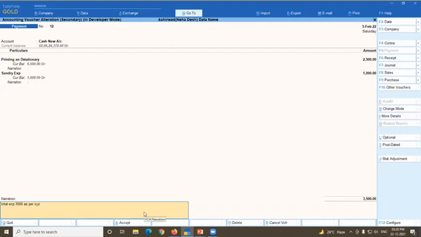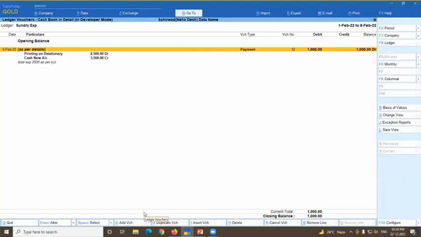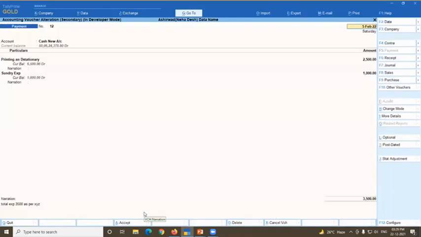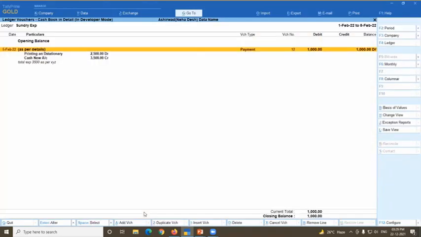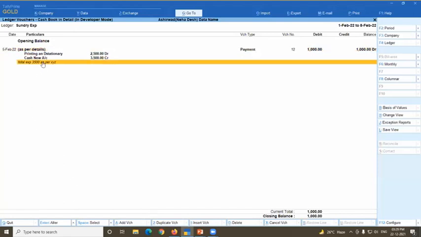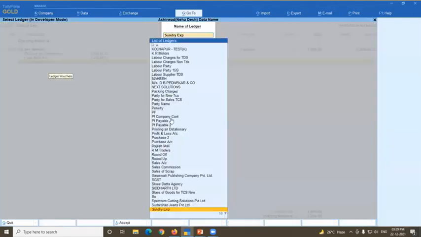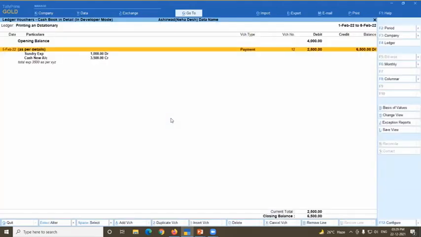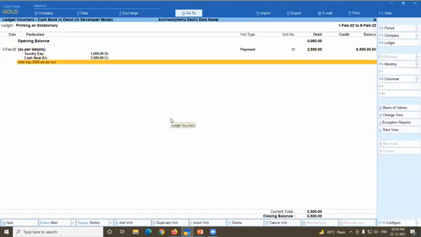And what happens, that narration will be showing on all ledgers. Means if I am printing sundry expenditures, the narration will be showing for all ledgers. See here, the narration is showing here also, and on this ledger also, the common narration.